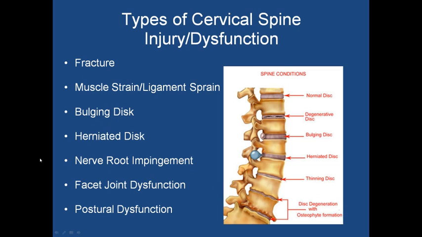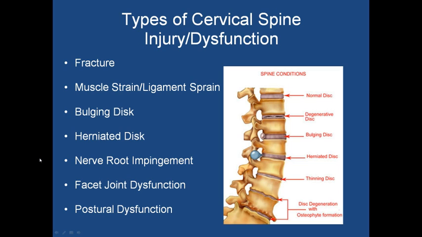Just some typical dysfunction now of the cervical spine. A fracture, obviously, like any other bone in the body, is generally from something traumatic. I mean, it can be with a disease like cancer, where it could be non-traumatic, where the bones just start to break down. But usually something traumatic, where the bone breaks, and that's obviously a little bit more complicated in the neck as opposed to, let's say, your wrist or your knee, because of the nerve innervation that's in such close proximity to